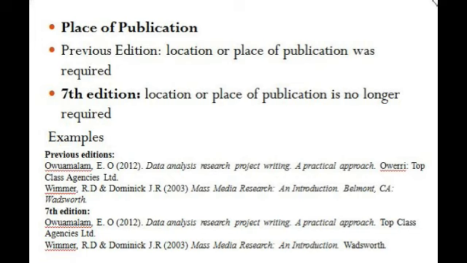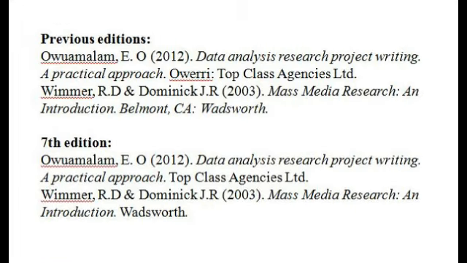Here is what the new style in the 7th edition looks like. For instance, let's look at this example. It says Owamalam EO, 2012, Data Analysis Research Project Writing. That's the title of the work. A Practical Approach. The place of publication is Owerri, Top Class Agencies Limited. Now, the next example says Wima RD and Dominic JR, 2003, Mass Media Research and Introduction, Belmont, CA, California. Now in the 7th edition, which is the newest edition, you have it this way: Owamalam EO